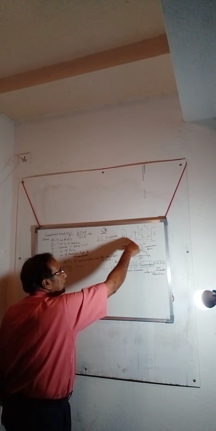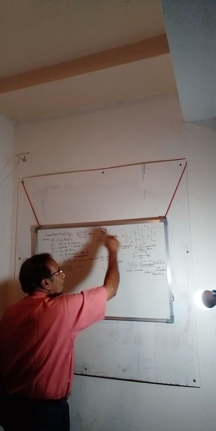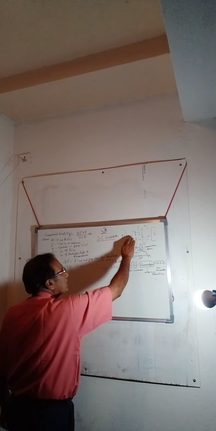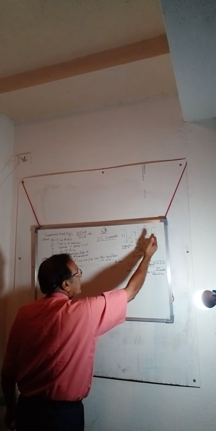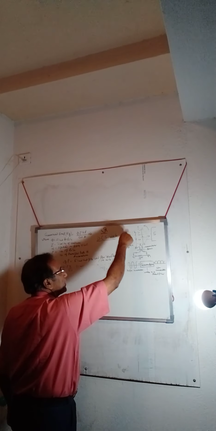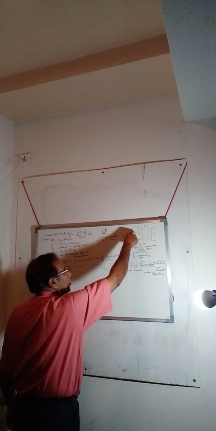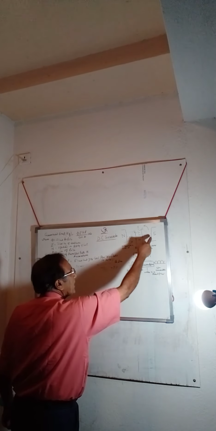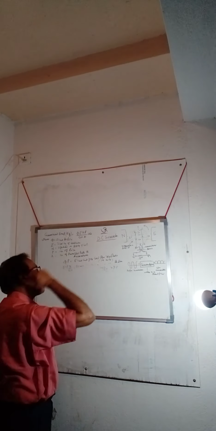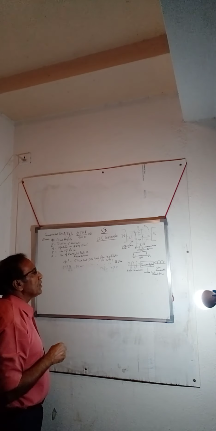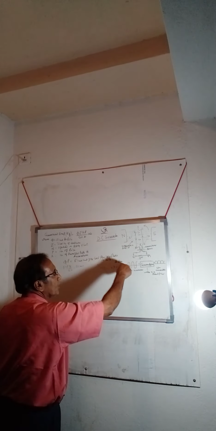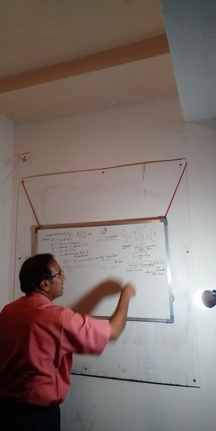When the coil side AB is near the north pole, the current is flowing from A to B. But when this side goes near the south pole, the current will flow from B to A. In the same coil, once it will go from A to B, and when the polarity changes it will go from B to A. So this produces the alternating quantity EMF, or when the circuit is closed, the current will flow through the load.